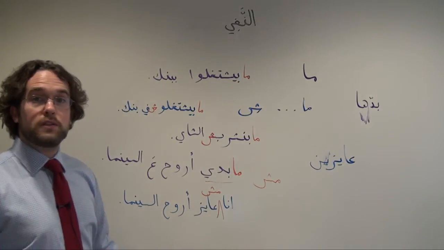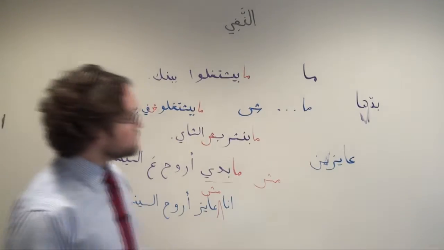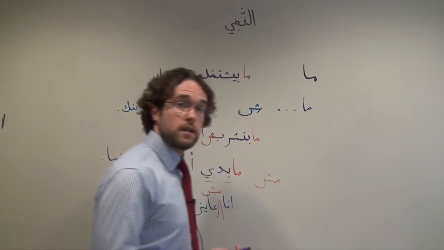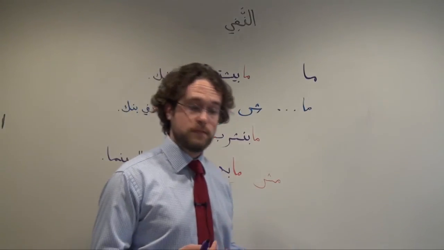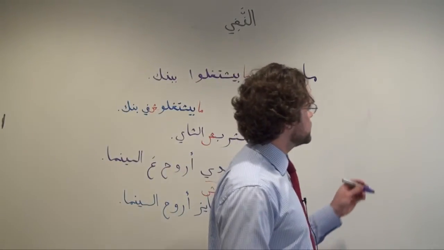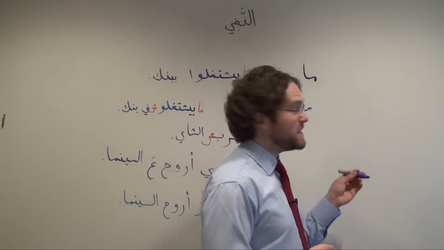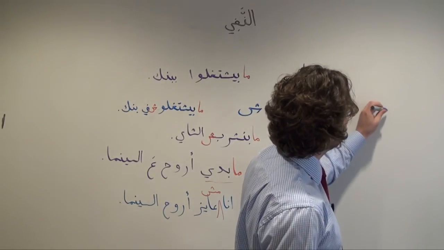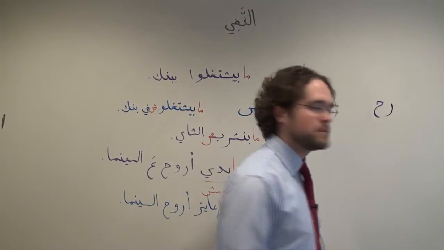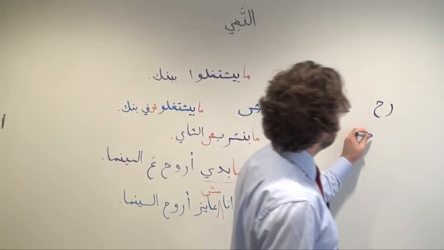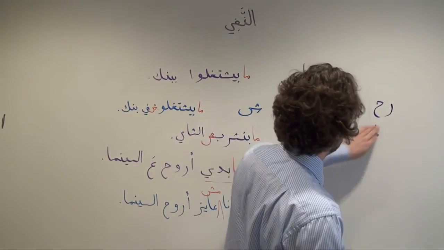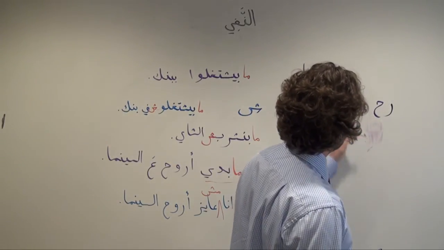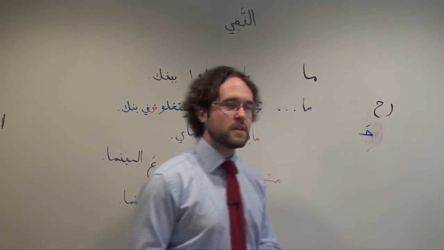One last thing, if we want to negate the future, in Arabic we do have a little bit of variation. If you've studied the other video that we have on the future tense, you'll know that we have very simple particles for indicating the future that we tack onto a conjugated verb right before it. In Shami, we're usually going to add a rah right onto the beginning of that verb. And in Masri, in Egyptian, we're more likely to add a ha.